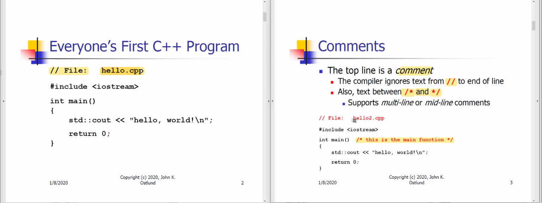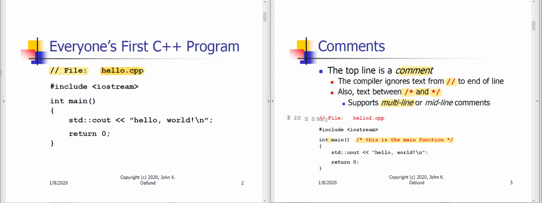Most of the time, people tend to use the // style of comment because // is easy to type and it's very easy to understand where the end of the line is. The advantage of /* */ is that you can actually have a comment in the middle of code or at the beginning of some code, whereas with // you would not be able to do that. Okay, so C++ provides these two different styles of comments: everything from // to the end of the current line, and also everything between /* and */. Multi-line comments are often written by using a /* followed by multiple lines of comment followed by a single */